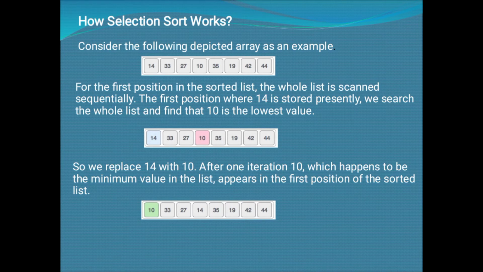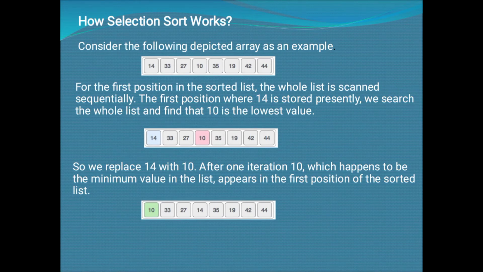Now I swap 10 with the 0th location. That is, 10 goes to the 0th location and the element at the 0th location, that is 14, comes to the third location where 10 was stored. See the steps, you will be able to understand clearly. In the second step, I identified my least number, that is 10.